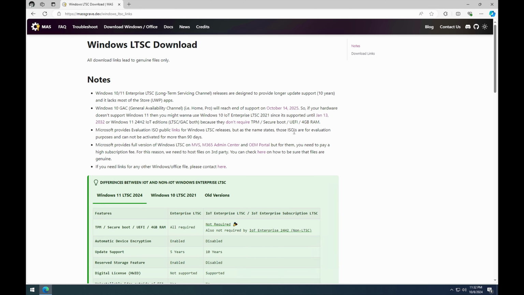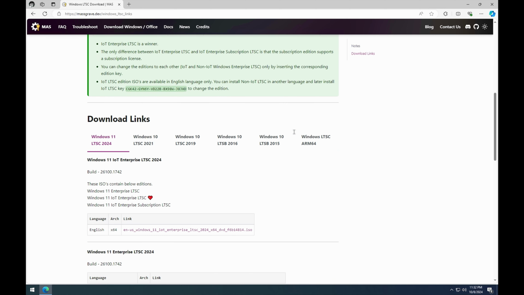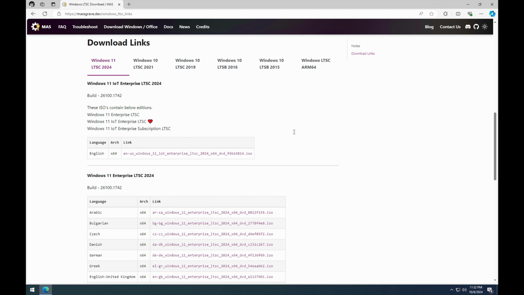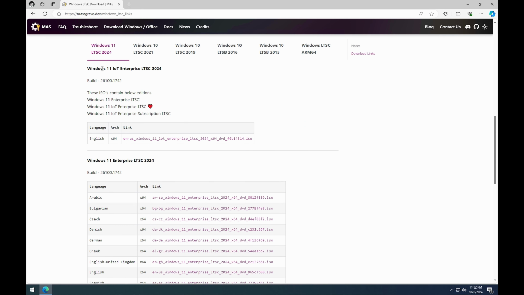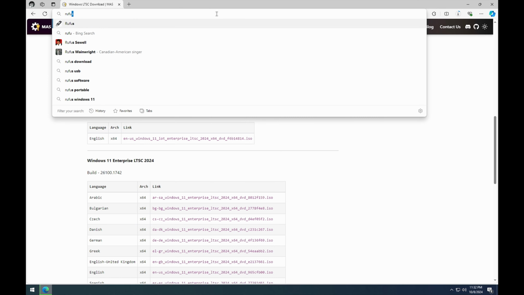On this page here, it just has a whole bunch of information about all of this stuff and what's going on, but we're just gonna go right past that. Right here where we have a download link, you can see that the developer here has already put a little heart saying that this is their favorite one, and that is just very conveniently this same one that we're going to be using for this video. Wow, that's so weird. So let's download this ISO, and now while that's going, let's download the old Rufus, and